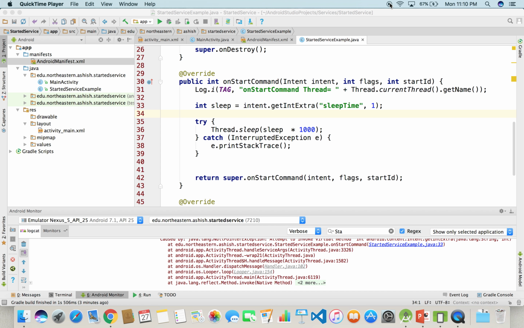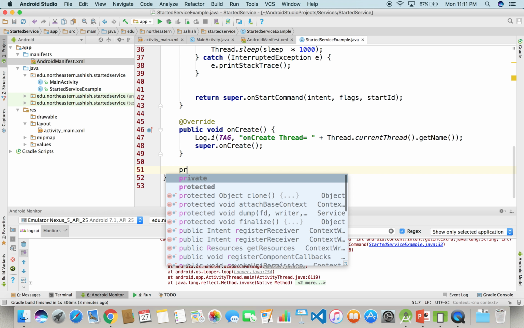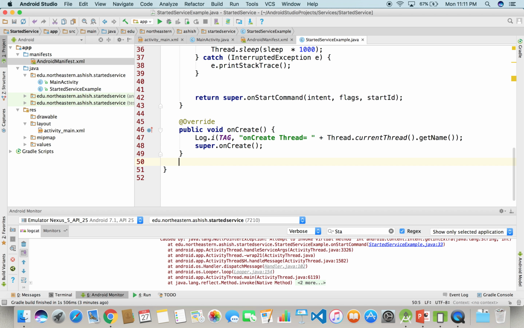Okay, so the problem over here is that this on start command is actually running in the main thread. So we don't want that. What we want is to run that in a thread which is not the main thread. So we'll run an async task. So what we'll do is we'll have a class MyAsyncTask